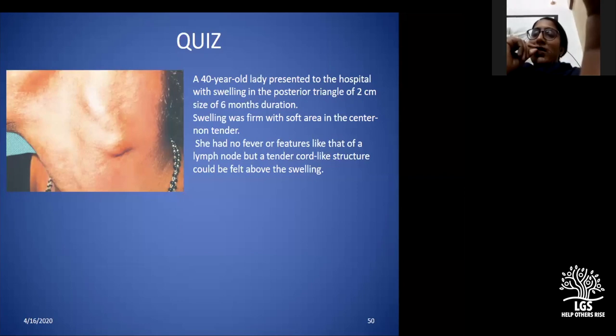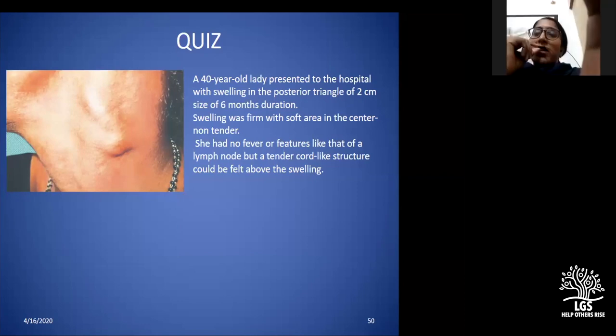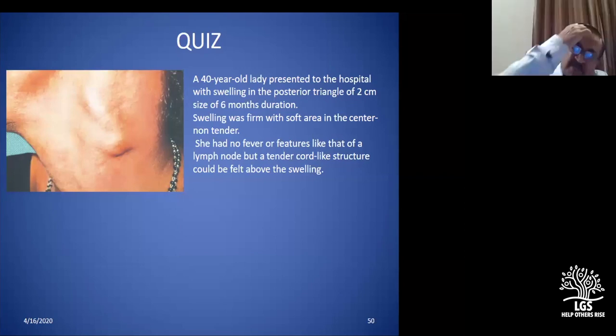Sir, why do we do bilateral tonsillectomy in occult primary case? This is again, as I mentioned to you, tonsil is one of the sites of malignancy. The tonsil can have squamous cell carcinoma, lymphoepithelioma, adenocarcinoma, all can come from the tonsil. Bilateral tonsillectomy is recommended as a part of it.